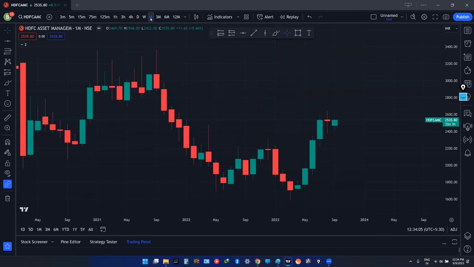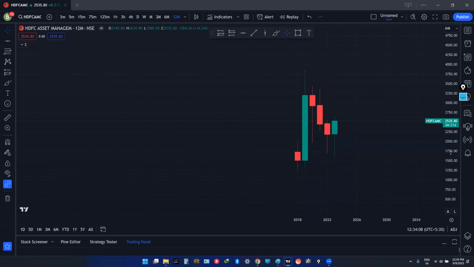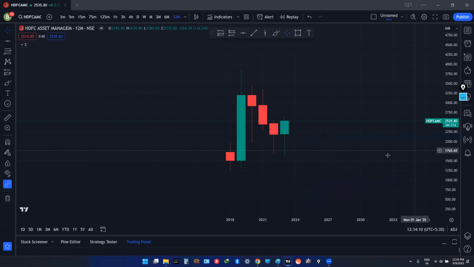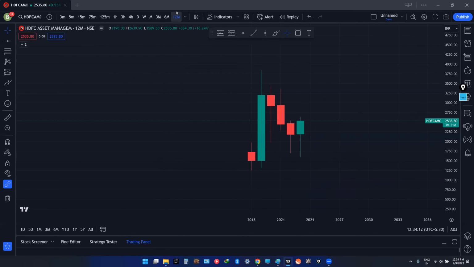HDFC Asset Management. Okay, let me see. So you see HDFC Asset Management, if I go to a yearly chart, each candle is one year. This was my first part. My second part, third part has started to form. So now if you want to enter for an investment at 2535,